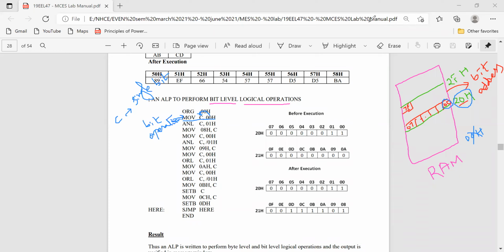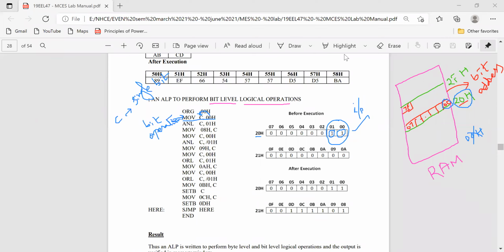Now what I can do is load some value into location 20H. Actually, they have initially loaded some value before executing. This is my input now. In the 20H location, these two bits have the data 1 1, which I am taking as input to my program.